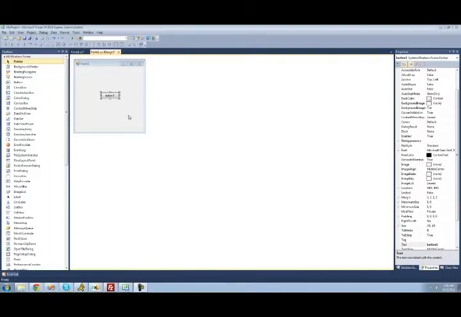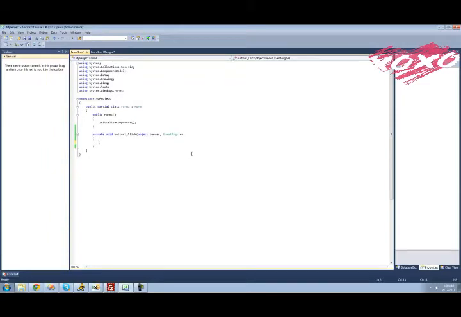So all you're going to need for this tutorial is a button, and once you're done with your form, just go ahead and double click on it. Alright, so I'm sure you've heard about variables before, and a variable is basically just a placeholder. It basically just holds the value of something, and then you can access it by simply typing the name of the variable. So the first step in creating a variable is typing the type of variable that you're going to